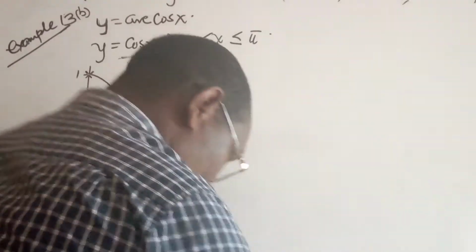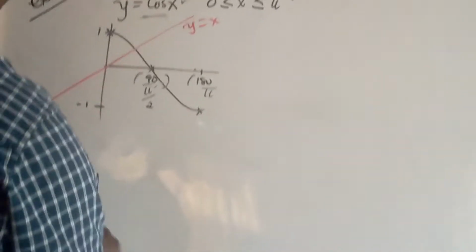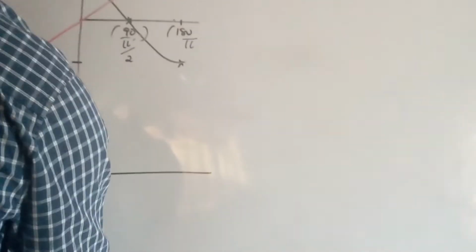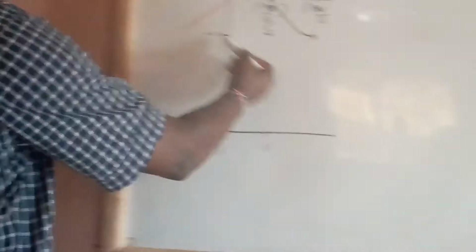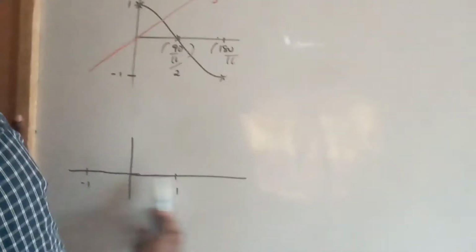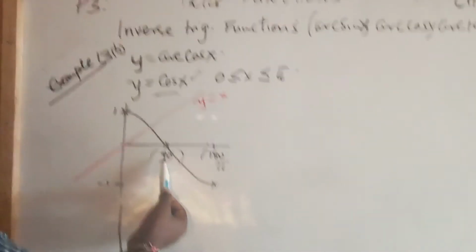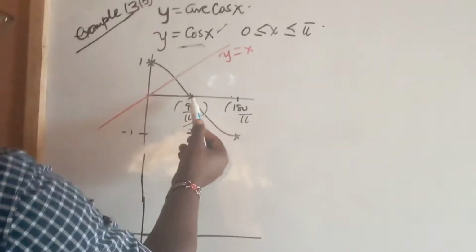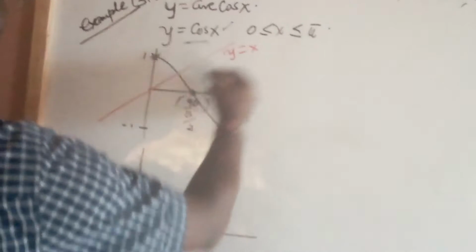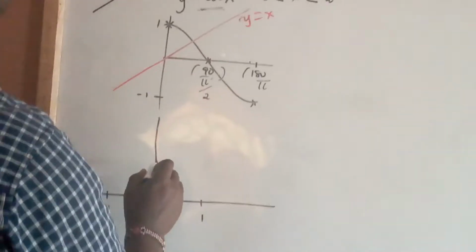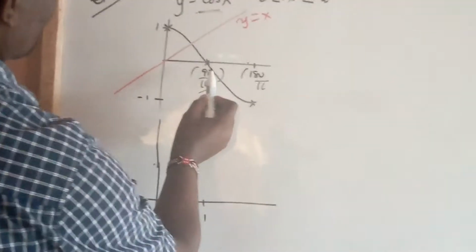Now that range becomes the domain. It becomes the domain of the function y equals arc cos x, so from -1 all the way to +1. Whatever was the range of the original function becomes the domain of the inverse function. So you can already see that we have the coordinates pi over 2, 0, this particular point. And because it's going to be reflected along the line y equals x, then this is pi over 2,